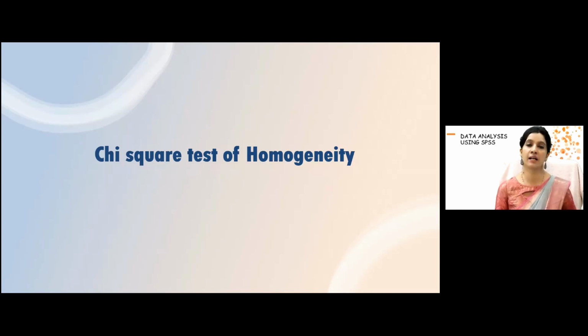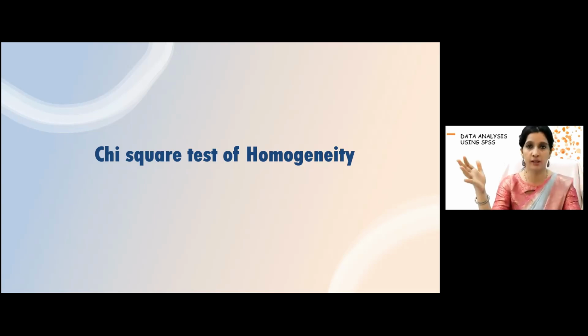So now the next is the chi-square test of homogeneity. We did the chi-square test of association, which is known as the chi-square test of independence. The second is the chi-square test of goodness of fit. In the chi-square test of association, we were checking the association of two categorical variables with each other. In chi-square goodness of fit, there was a single categorical variable. The categorical variable could be a dichotomous variable or a polytomous variable, which has more than two categories. Now the third variant is the chi-square test of homogeneity.